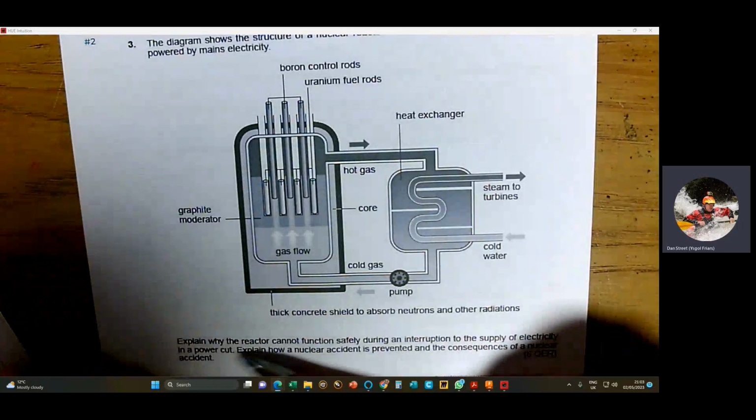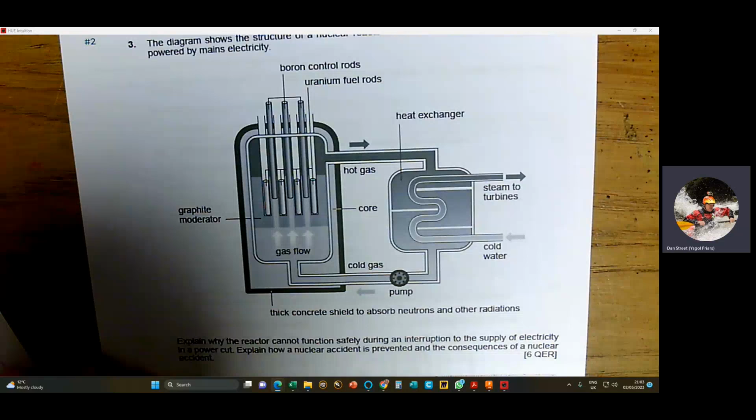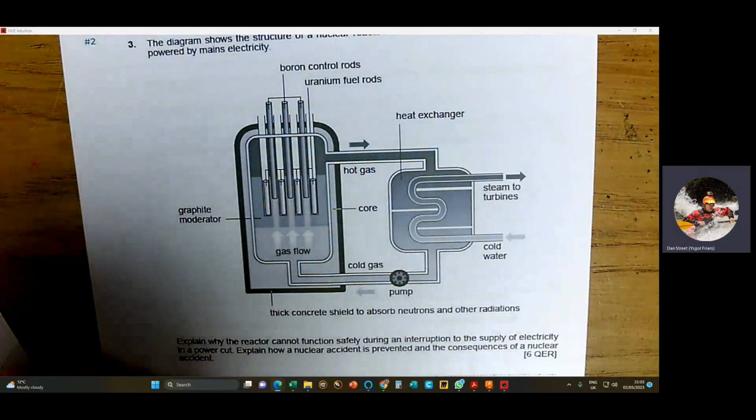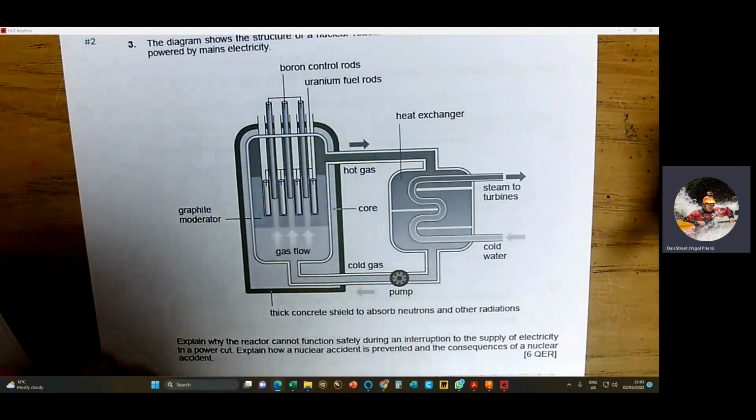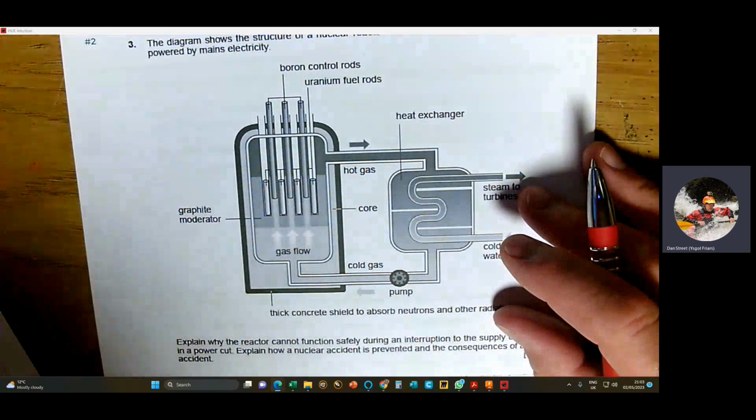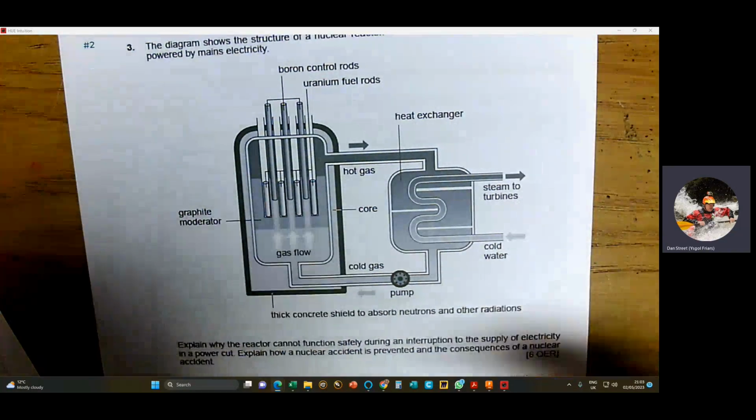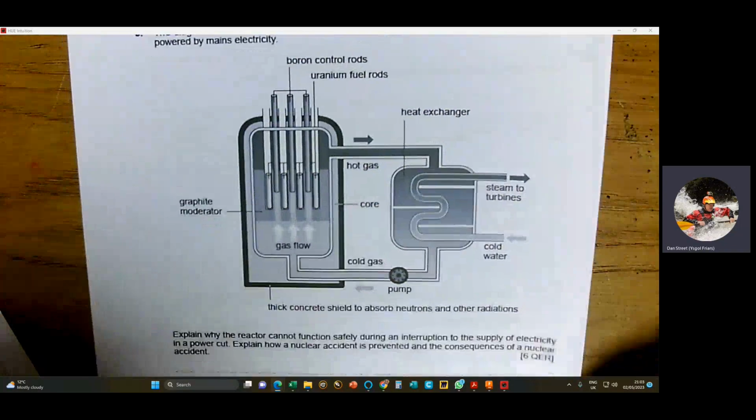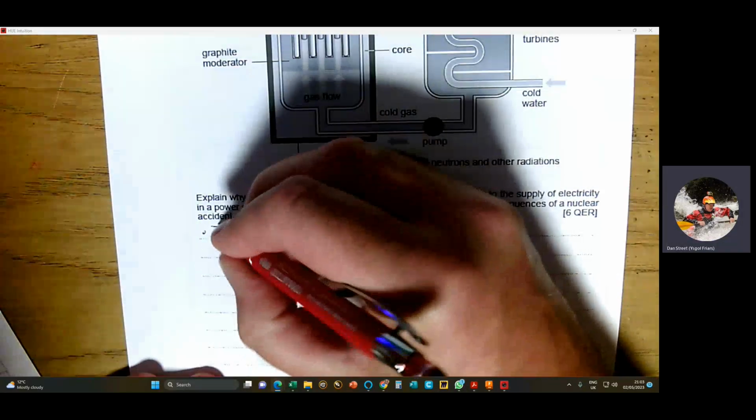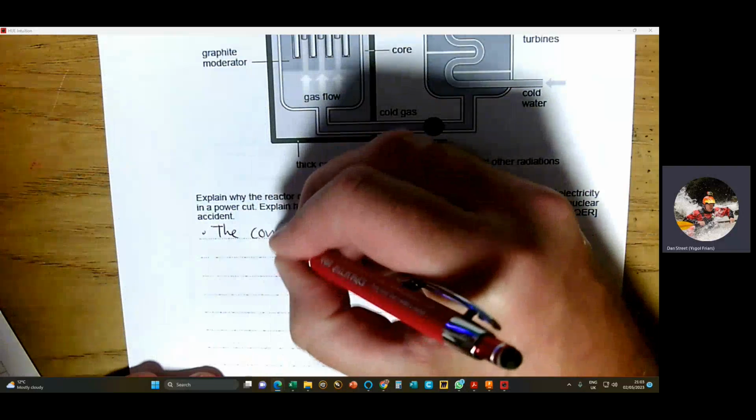So the question says, explain why the reactor cannot function safely during an interruption to the supply of electricity in a power cut. Explain how a nuclear accident is prevented and the consequences of a nuclear accident. Okay, so we need to explain why it cannot function safely. So we need to make a statement that the control rods